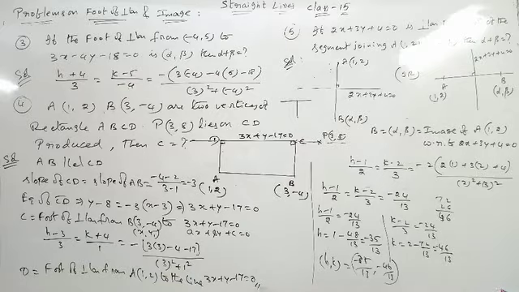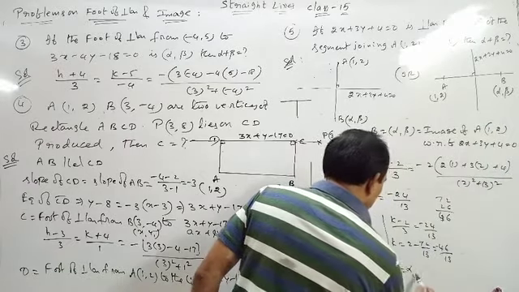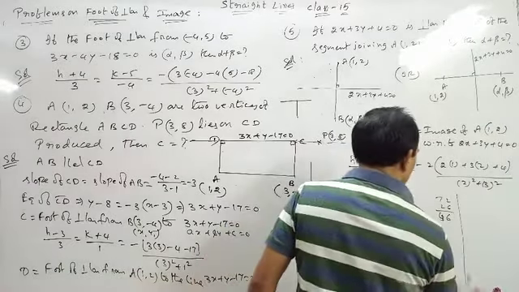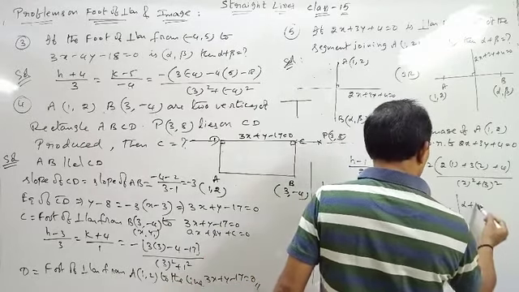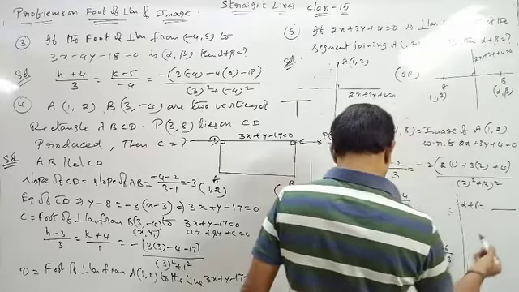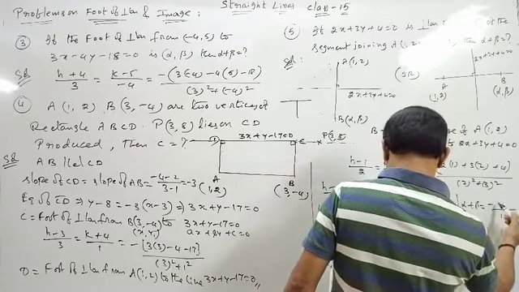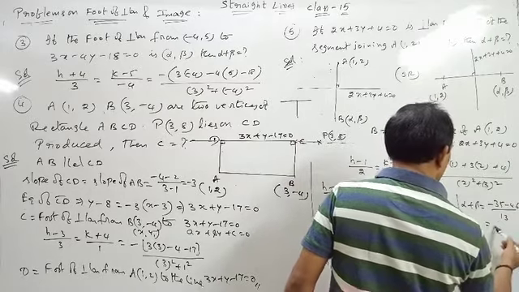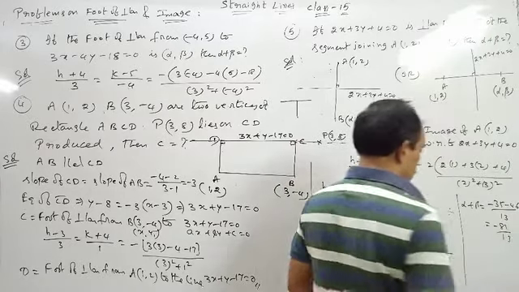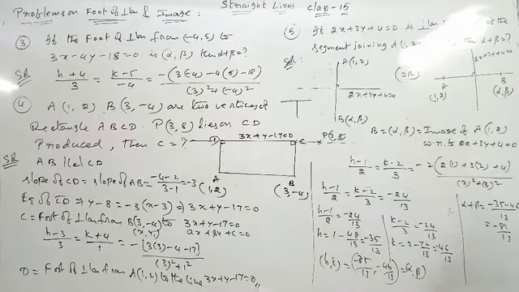What we have to find? Alpha plus beta. So this is alpha, beta. The question asks for alpha plus beta. Now what is the value of alpha plus beta? Alpha plus beta is equal to, LCM is 13, minus 35 minus 46, that is minus 81 by 13. Check if there is any correction. So the answer is there. So my answer is correct. So take a screenshot for this question.